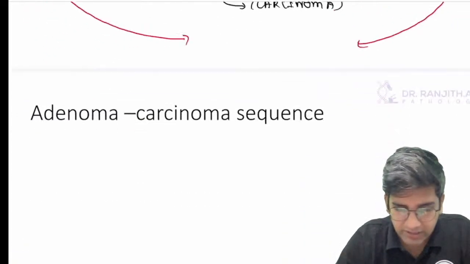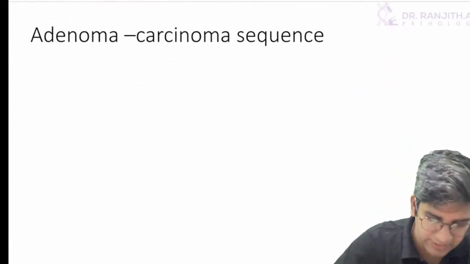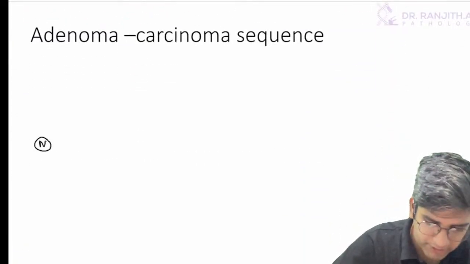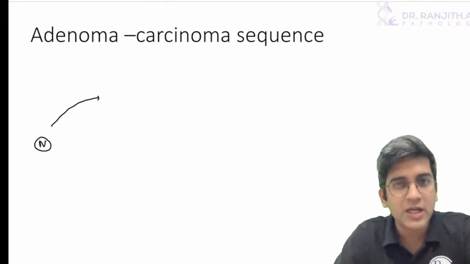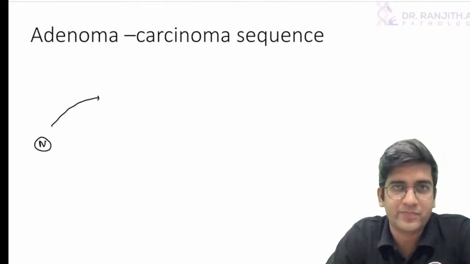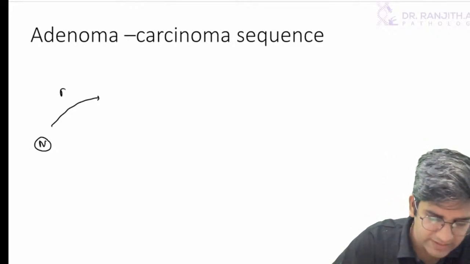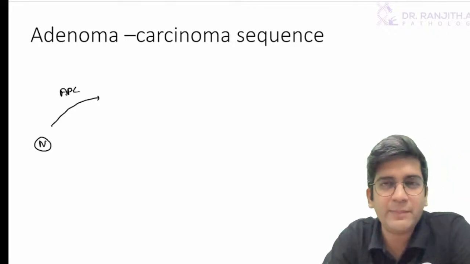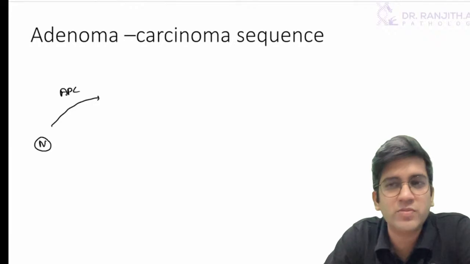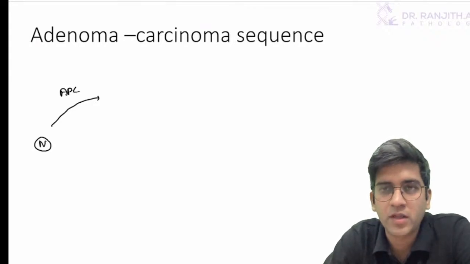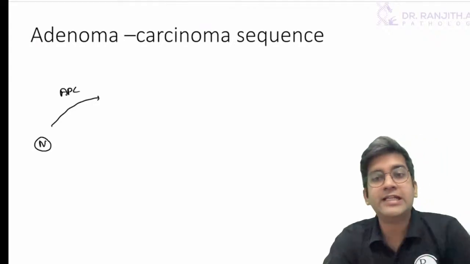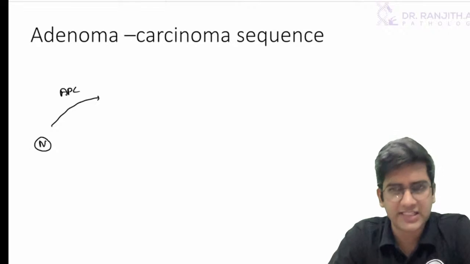So if you look at the adenoma carcinoma sequence, let's assume it's a normal mucosa here. Again, you need not write everything. A few genes are more than enough, right? So let's assume it's an APC. Can anyone help me here? APC is a tumor suppressor gene or proto-oncogene? No, Vamish, they are all inherited syndromes, right? Both of them will result in cancer formation.